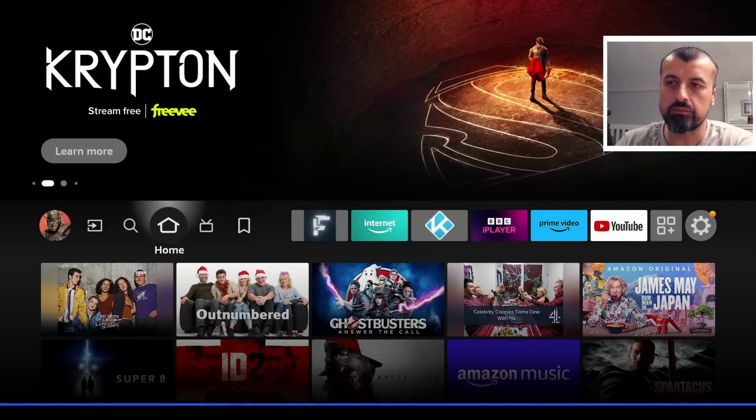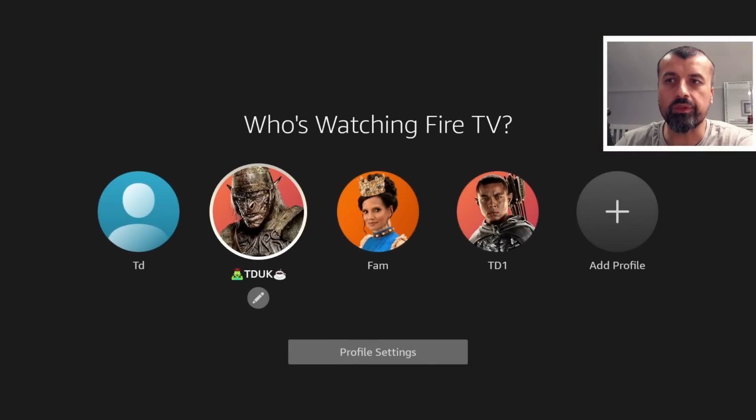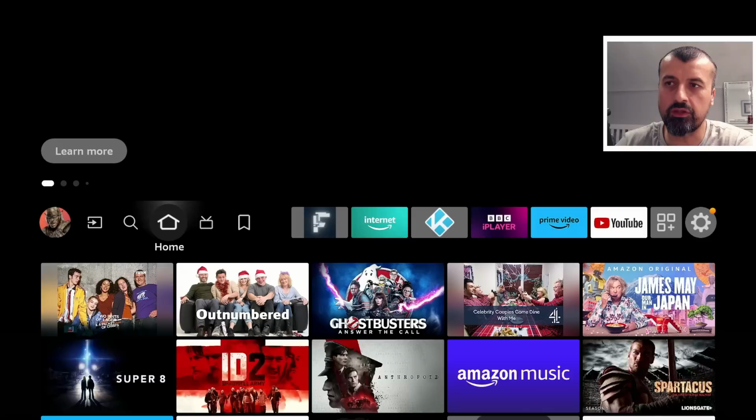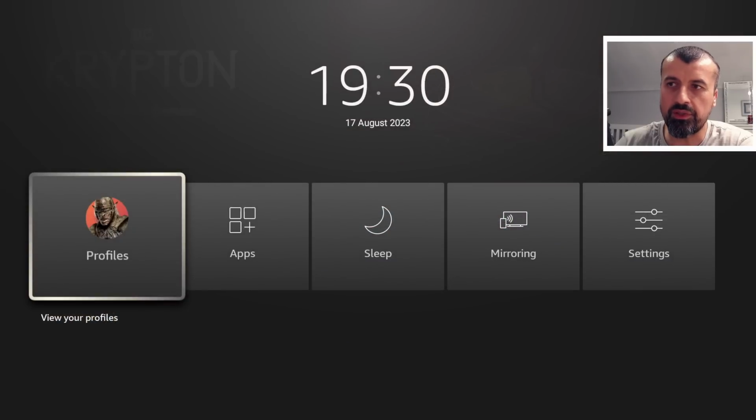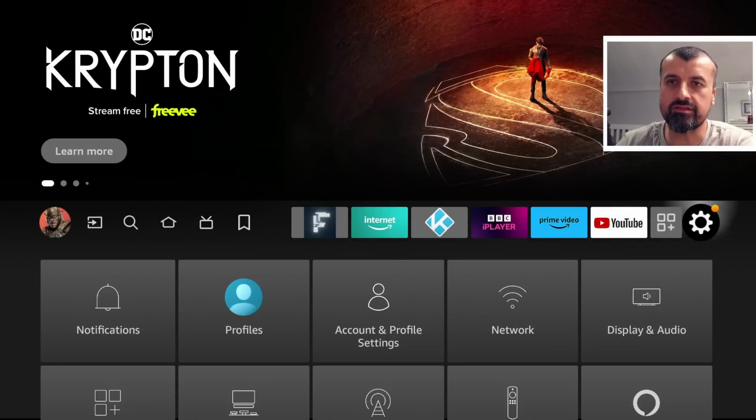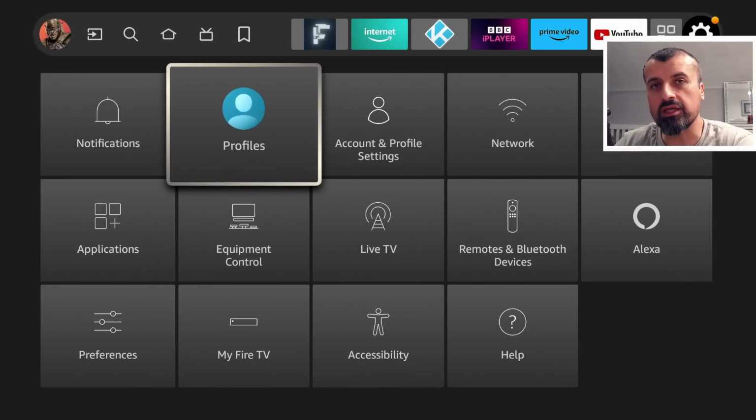change profile, and we can see now I can use that to change my profile. You can also long press the home button. Let me do that now. That takes you to this quick launch menu, and here we have another way of changing profiles. So that's 3 methods, and now we can see here inside the settings we have a 4th way of quickly